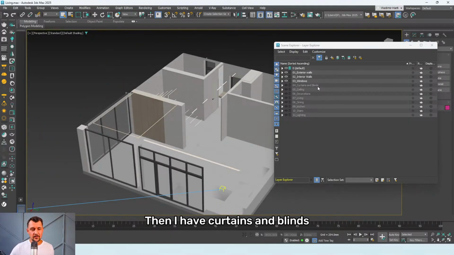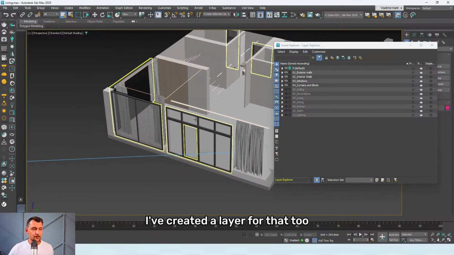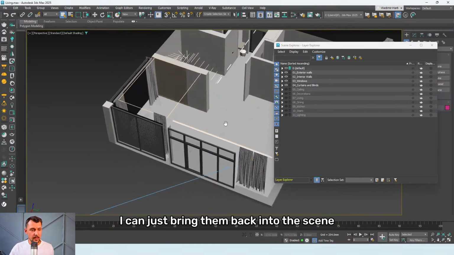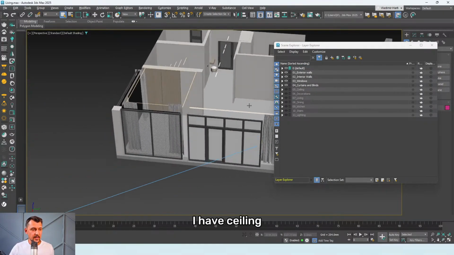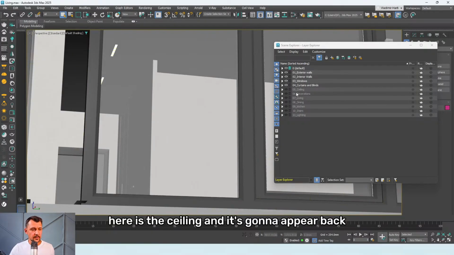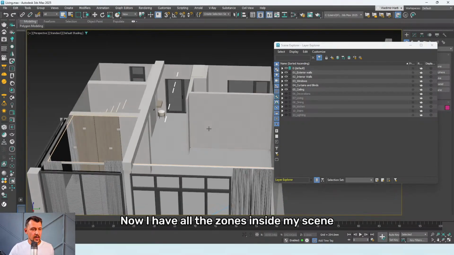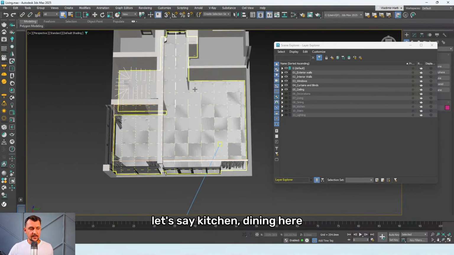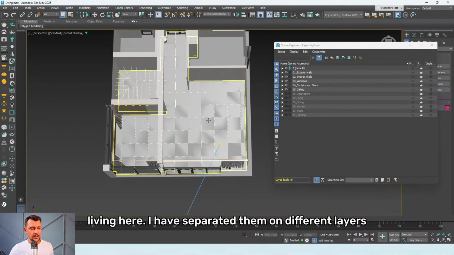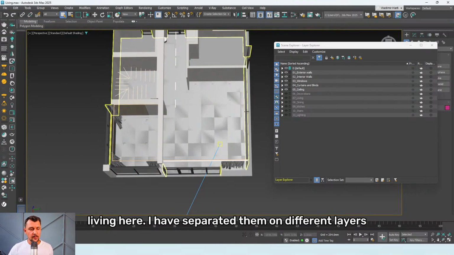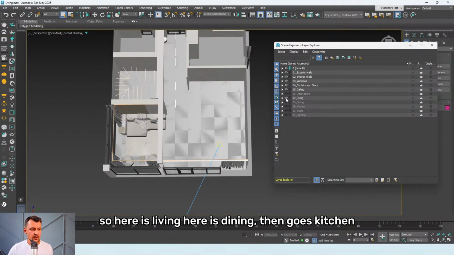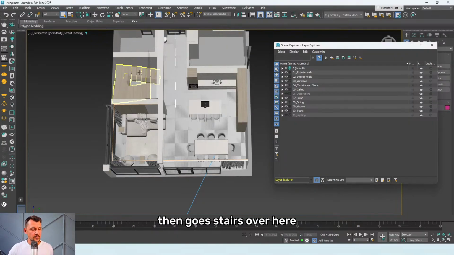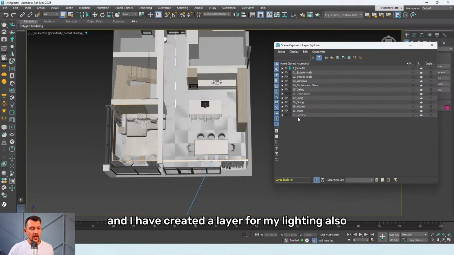Then I have curtains and blinds. I've created a layer for that too. So now with a click of a button, I can just bring them back into the scene. I have ceiling. Here the ceiling is gonna appear back. Now I have all the zones inside my scene. Let's say kitchen, dining here, living here. I have separated them on different layers. So here is living, here is dining, then goes kitchen, then goes stairs over here,